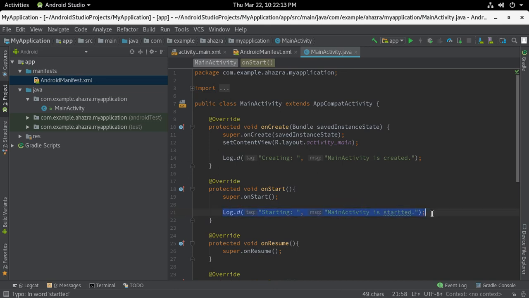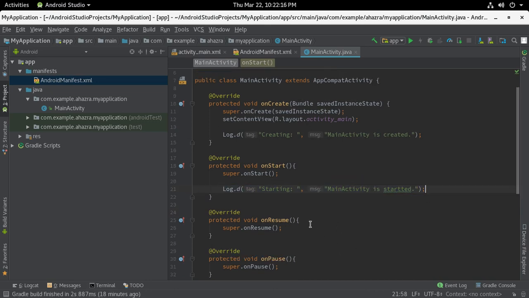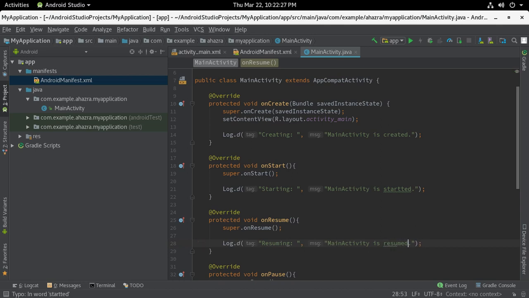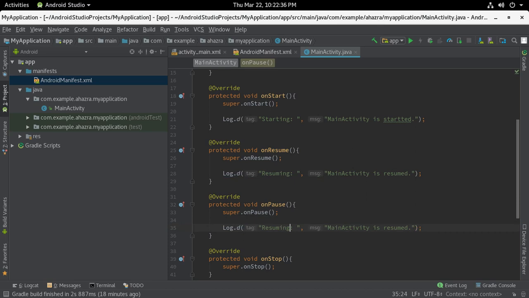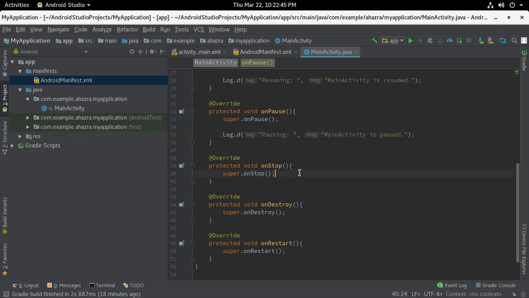Okay, next one in onResume: MainActivity is resumed. Okay friends, next, and next onPause: MainActivity is paused, and here